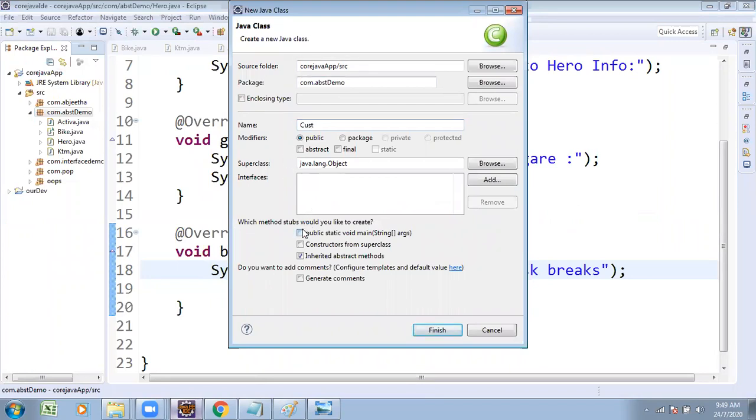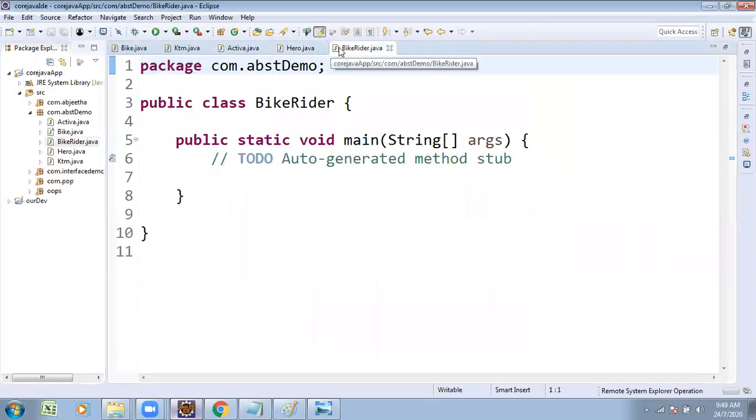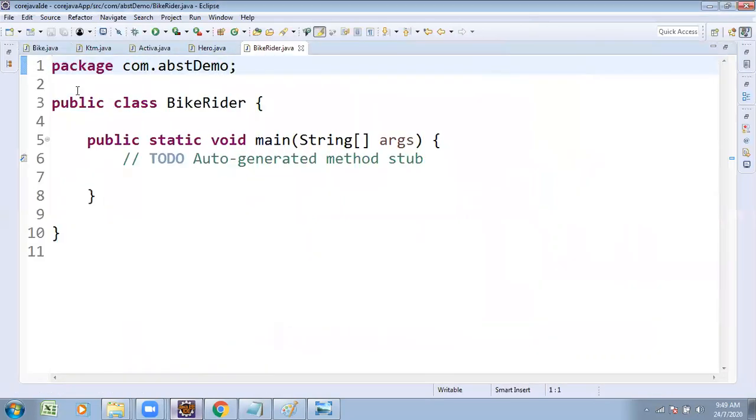A customer started execution, or bike rider started execution. Execution starts from the main method. Try to access. Now I wanted to access.